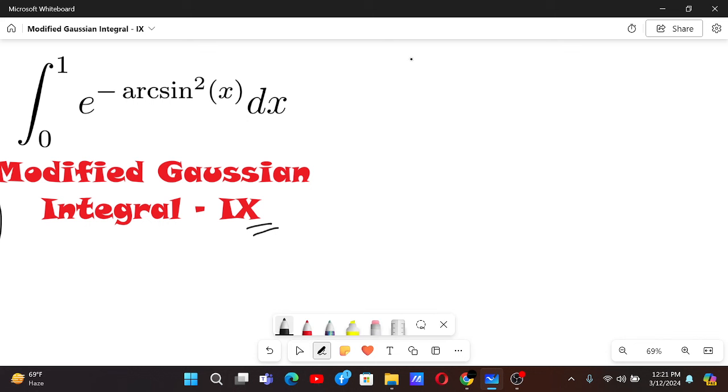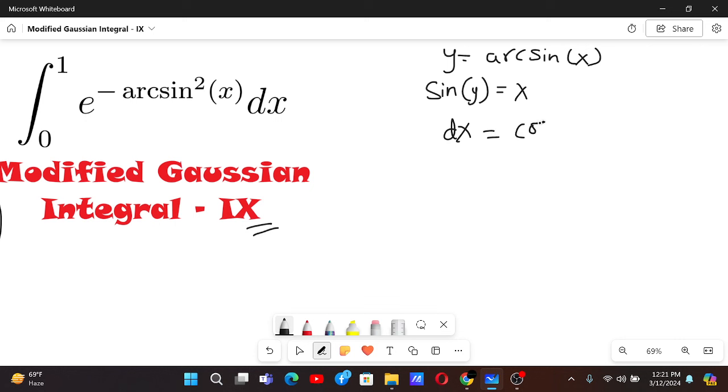Of course you might say the substitution y equals arcsine x, and yes, you are correct. With this substitution we get sine of y equals x, and that gives us dx equals cos y dy. For the sake of simplicity, let's just consider the indefinite integral right now. Later on we'll consider the definite integral. This will just be the integral of e to the power minus y square, and then dx will be